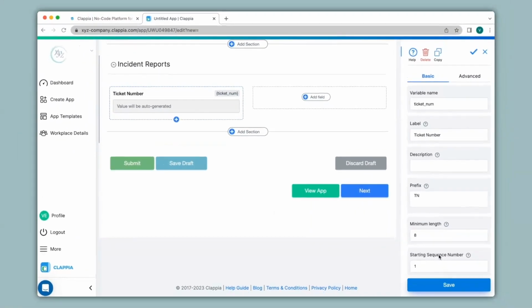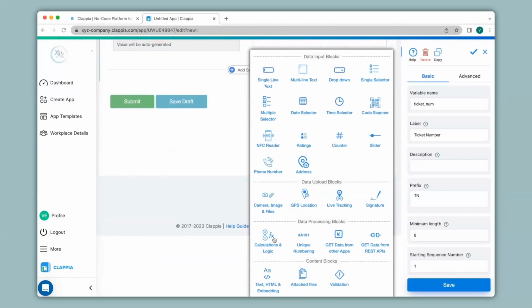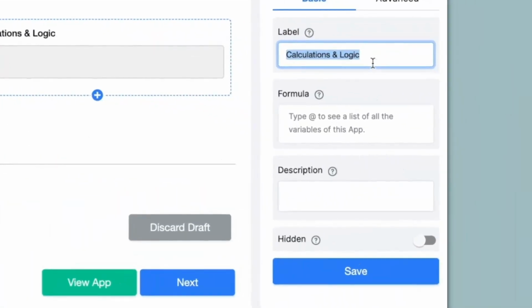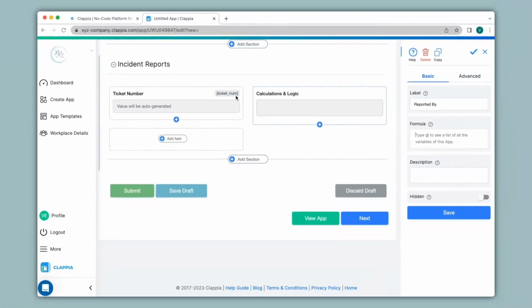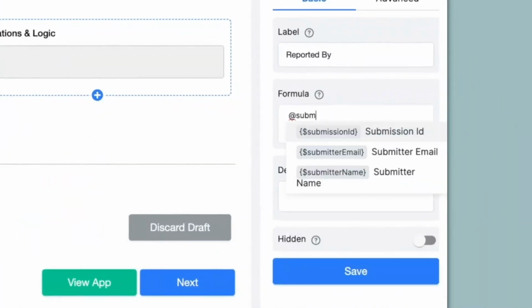If I would like to capture the name of the employee who is reporting the incident, I can use the single line text for them to input their name. But if I would like the system to automatically capture their name, I will use the calculations and logic block. Under label, I will change it to reported by. And under formulas, you can have calculations and logic just like spreadsheet. We share a similar library. But in place of cell numbers, we use the concept of variable names, which you can find at the top of every field in brackets. So you can either call out these variables or a preset variables that we have. So for the system to automatically capture the name of the person reporting, I can type in @submitter name and